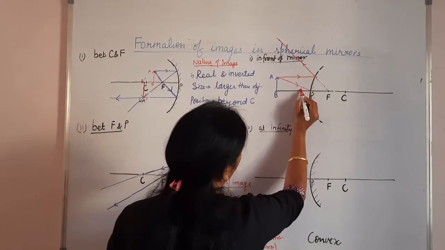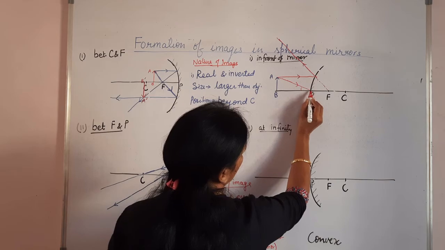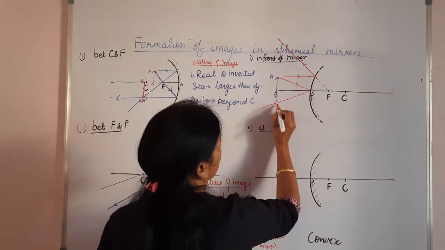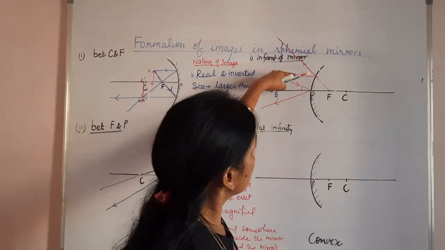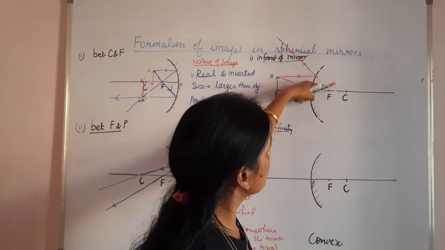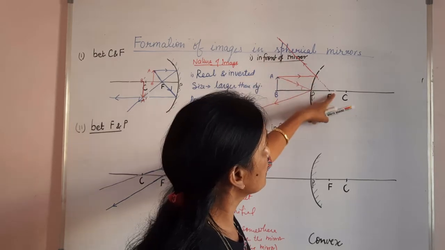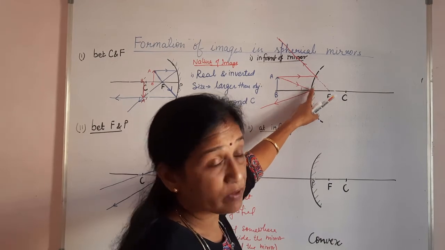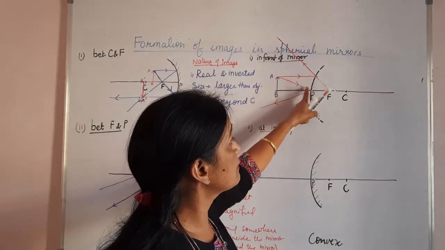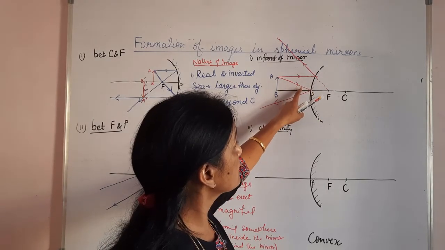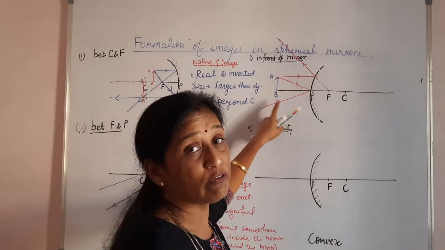तो जितना एंगल इसने यहाँ बनाया, बिकॉज दिस इज परपेंडिकुलर एट दिस पॉइंट, तो उतना ही एंगल बना के ये ऐसे रिफ्लेक्ट हो जाएगा. See, this is the first ray I have taken, the ray which is parallel to the principal axis; after reflection it will diverge from some point inside, that is F. And the one which is falling at point P from this object, if a ray is falling at point P, then the angle which it makes with the principal axis, उतना ही angle बना के ये reflect हो जाएगी.